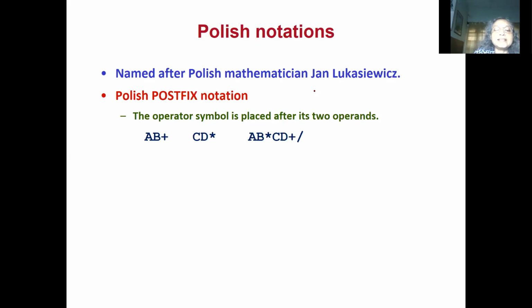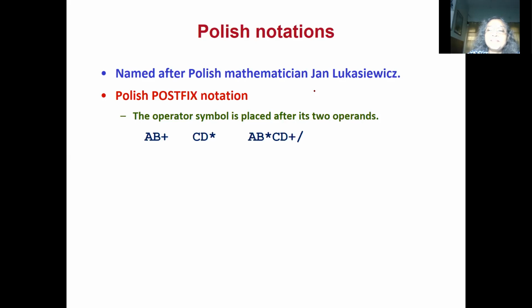So A, this plus. And then minus E into F. So this is E into F, and this is minus. So minus this and E into F, then this whole thing minus G. So you put this whole thing, then G, then minus. So this is the postfix expression, which is equivalent to the above infix expression.